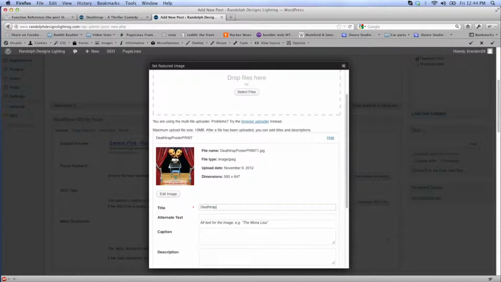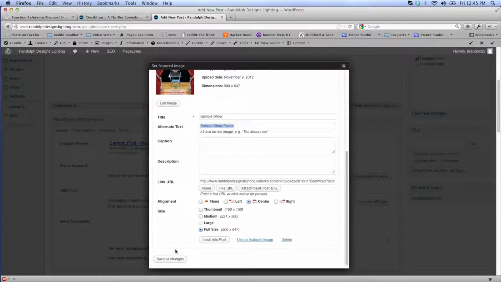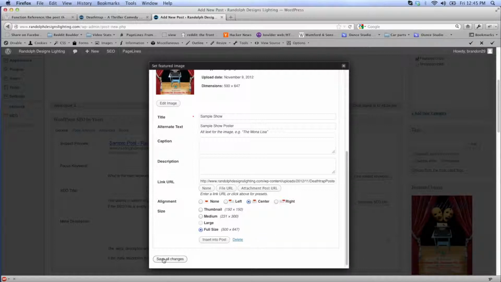Then we're just going to give it a title. This one's sample show, and then sample show poster. What the alternate text does is if somebody is blind and they're going to websites, they'll be able to actually have this read to them. So it will let them know exactly what the image would have been had it been there. And it's also good for search engines. And then you would just click use as featured image, which will show up right here once it's loaded, and then you just click save all changes to save the title and alternate title,